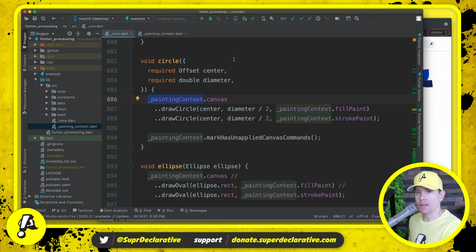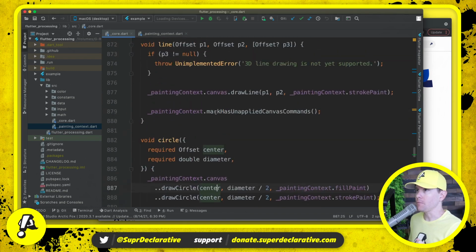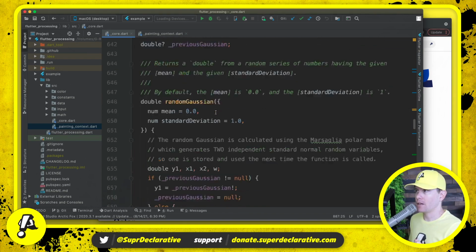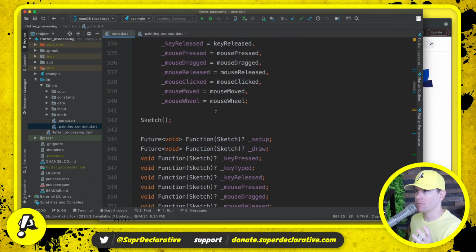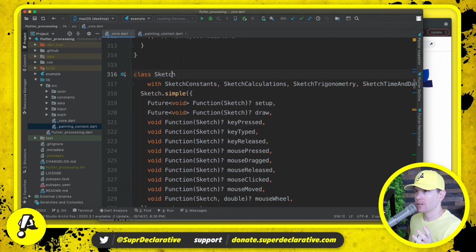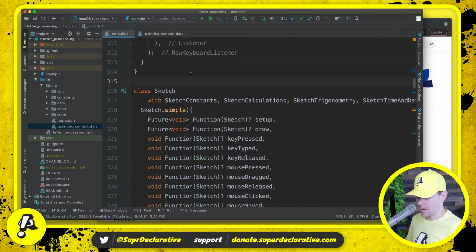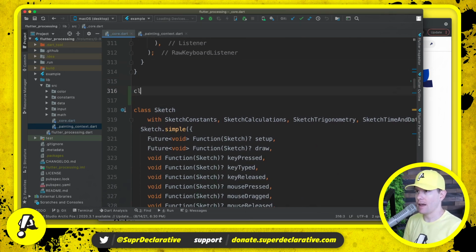The only option that I can think of is to define a mixin that only applies to some kind of sketch base class, and then that sketch base class exposes a painting context. So let's see how we might accomplish that. Here in core, for now we'll declare it in the same file, but let's go above, looking for the beginning of the sketch definition. Here's our sketch definition. I am going to define an abstract class called,